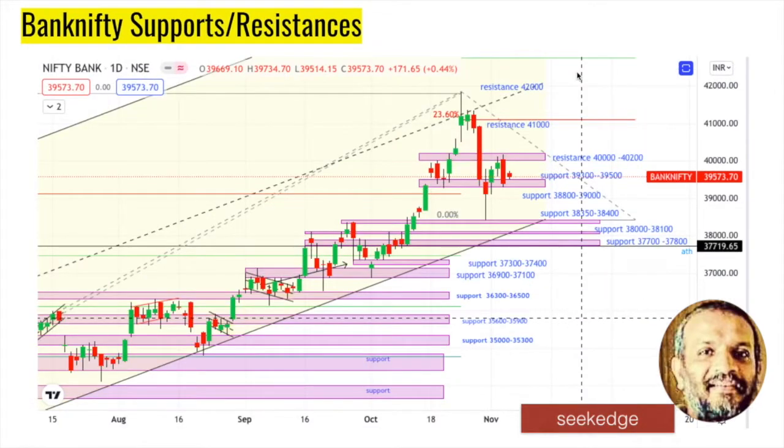Bank Nifty, how does it look? Upside, you have immediate resistance seen at the 40,000 to 40,200 range, then 41,000, then 42,000. Downside, you have 39,500, which is the first support. If that is broken, then you have the 39,000 range, which is a natural placement, and then if that is broken,